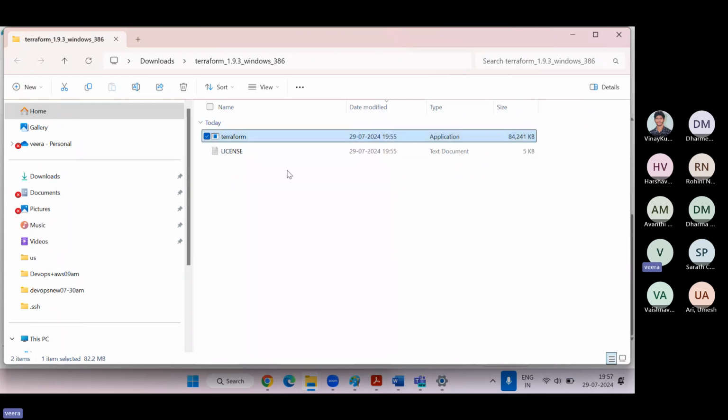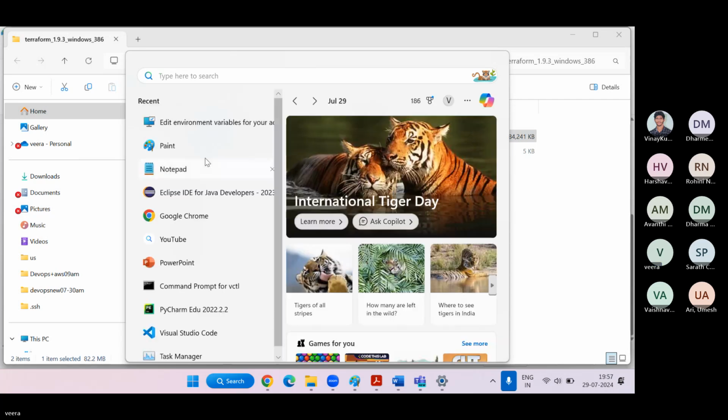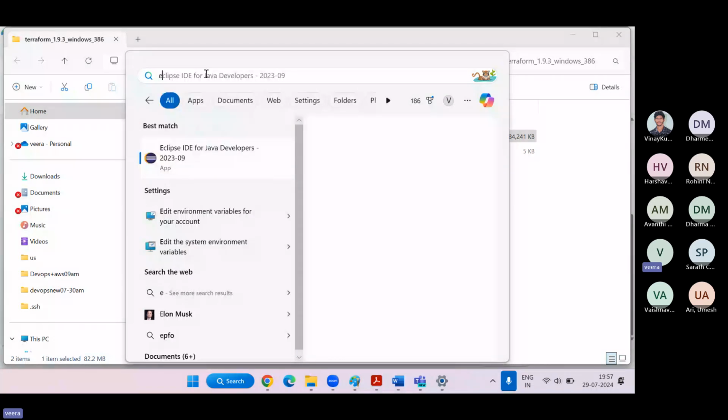Okay, copy as path. So the Terraform path, and go to search. Env here. Edit environment variables for your account.